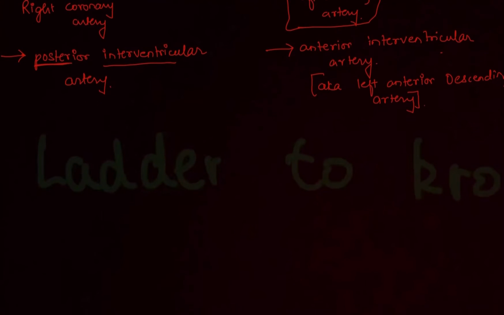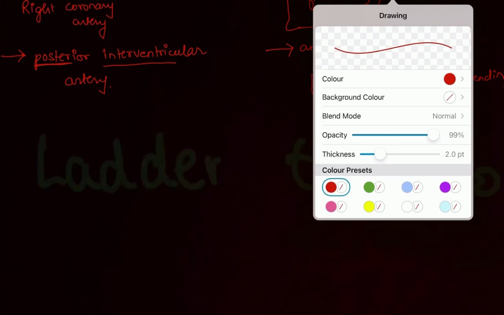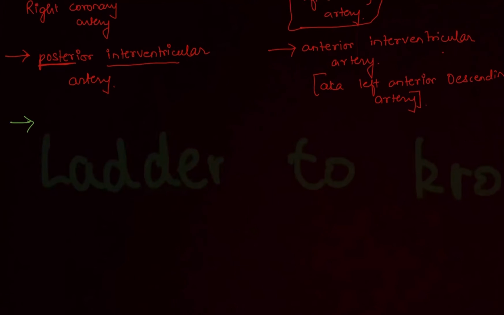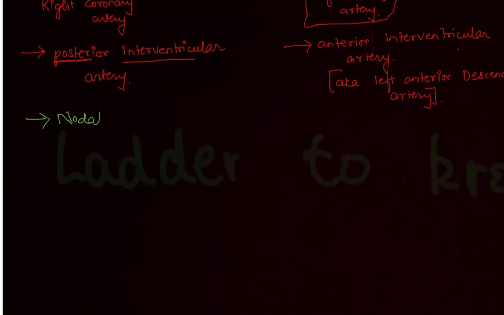Okay. Now this right coronary artery, apart from this main branch, also has a few branches. So write them down. It has a nodal artery. What is the name? Nodal artery and marginal artery. Now nodal artery actually supplies the SA node. You will be studying in physiology about the conducting system of the heart, that SA node will transmit the impulse to the atrioventricular node, then further they will move on to the bundle of His, then Purkinje fibers. This you will study in physiology, but the starting point, the SA node, is supplied by the nodal artery. So SA node, right? Node is for nodal. Okay, and the second artery is the marginal artery.